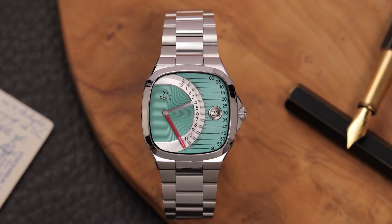The guys behind Xeric are big fans of the exotic and forgotten watches of the day. I think they based this one on some Lip watches and Wittenauers from the 60s and 70s. I think it was a German movement, something really obscure, and good luck finding those watches. They're few and far between. So this takes from that era rather than going classical or luxury, certainly. It's an hour and minute only watch, and